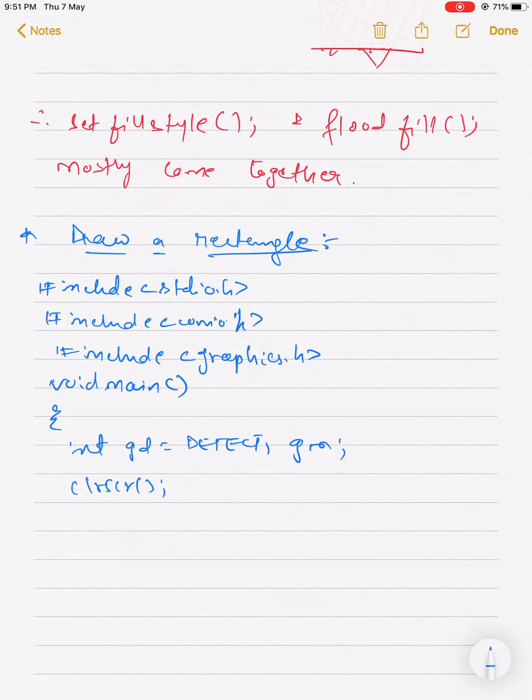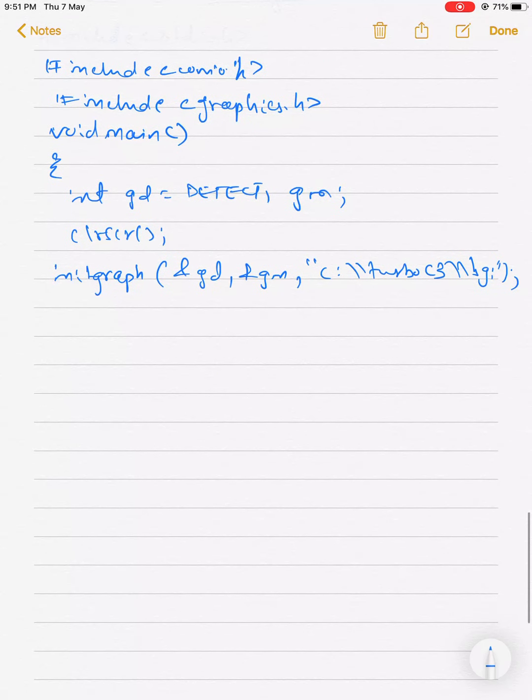That depends upon you. So now I'm initializing the graphics system. I hope these things are clear to you.